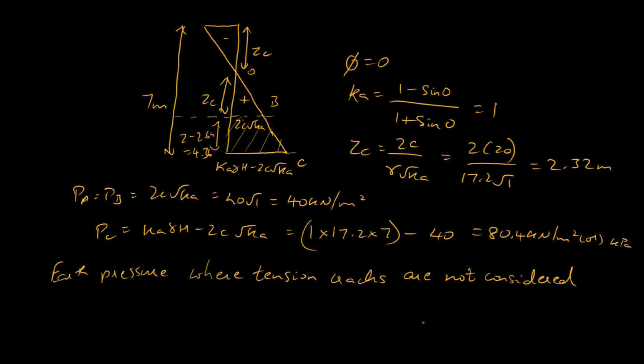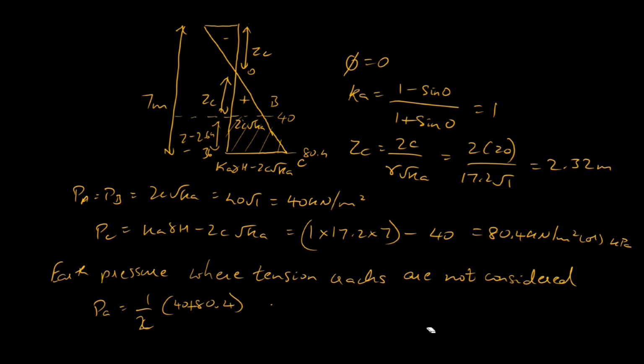Here the active earth pressure will be 40 and here it will be 80.4. So this is like a trapezium, so we can find out the pressure using the area of the trapezium, which is nothing but Pa is equal to 1 by 2 into 40 plus 80.4 into